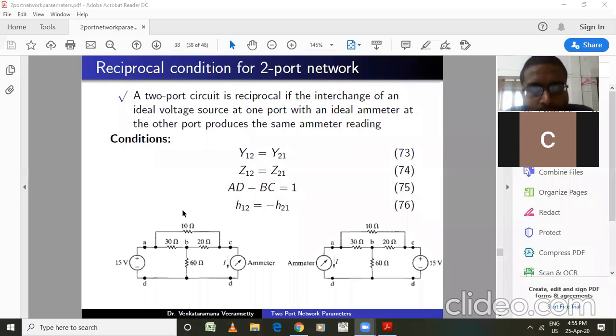So see, as you know about the reciprocity theorem, the reciprocity theorem states that the ratio between the voltage and current, or excitation to the response, remains the same even though we interchange the positions of the excitation and response. So based on the reciprocal circuit